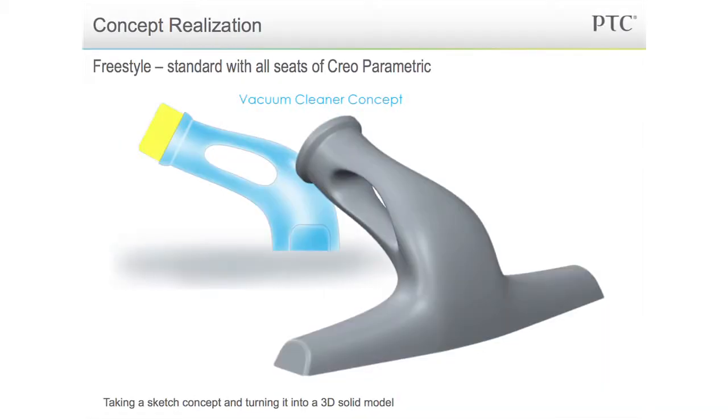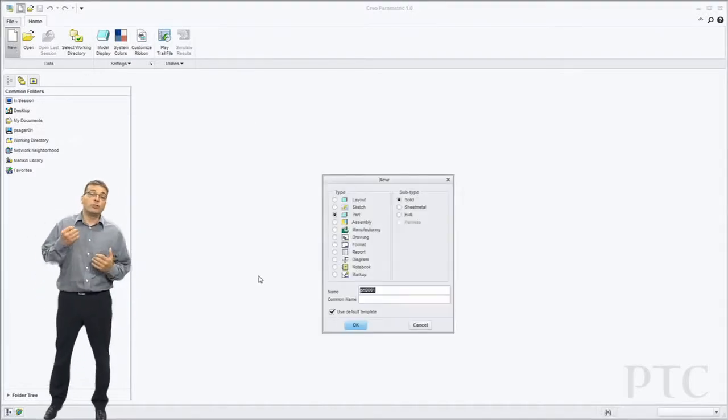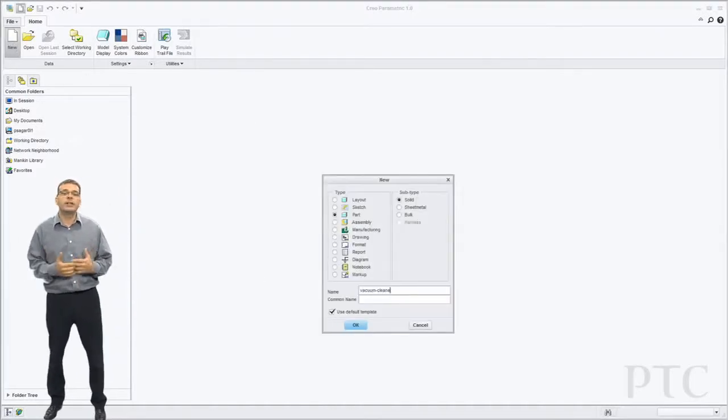In today's demonstration, we're going to show you how you can take a sketched freehand 2D image, in this case created in Creo Sketch, and convert it into a solid 3D model using FreeStyle capability inside Creo Parametric. So let's get started. To begin with, I'm going to use Trace Sketch capability to bring in that previously